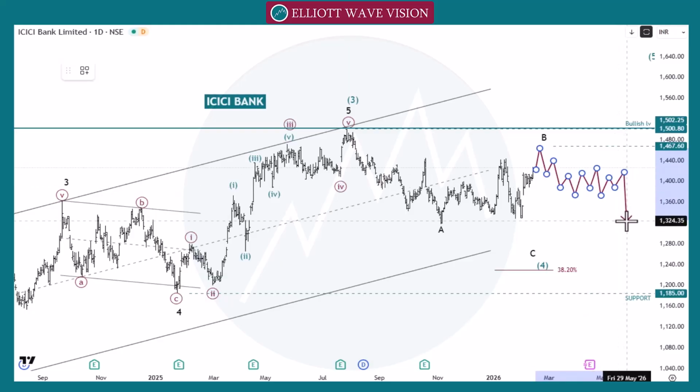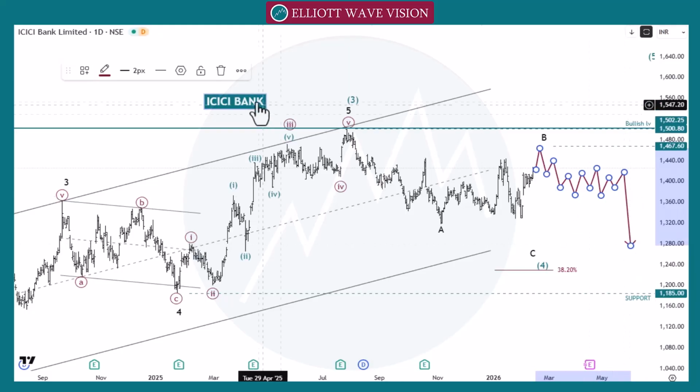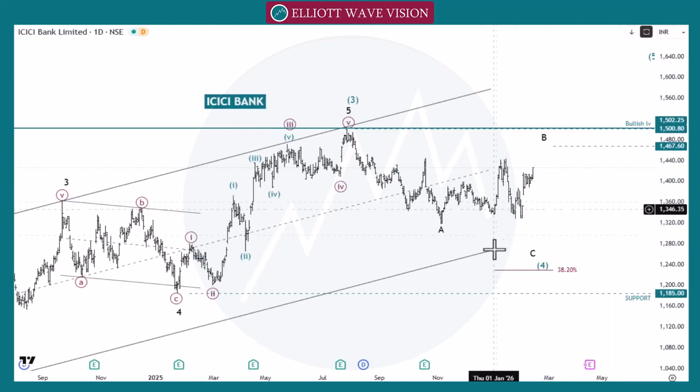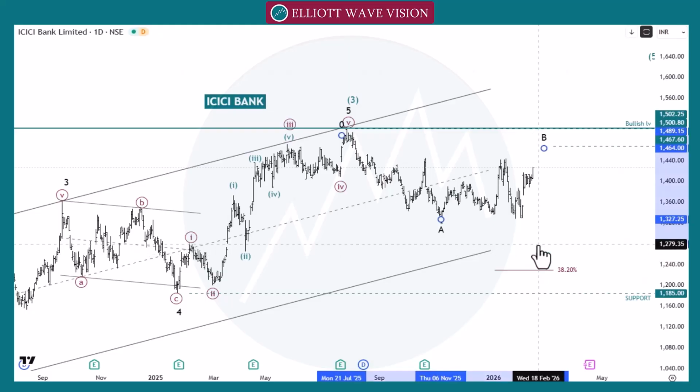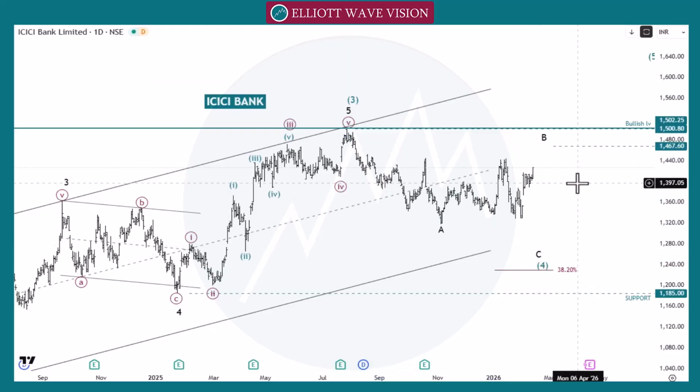Then we'll go towards the 1300 and then 1200 step by step. So now we need to wait for this wave 4 to complete. Then we'll go towards the bullish side with 1400 and then 1500 towards the next point. So let's check our next pair, Infosys,